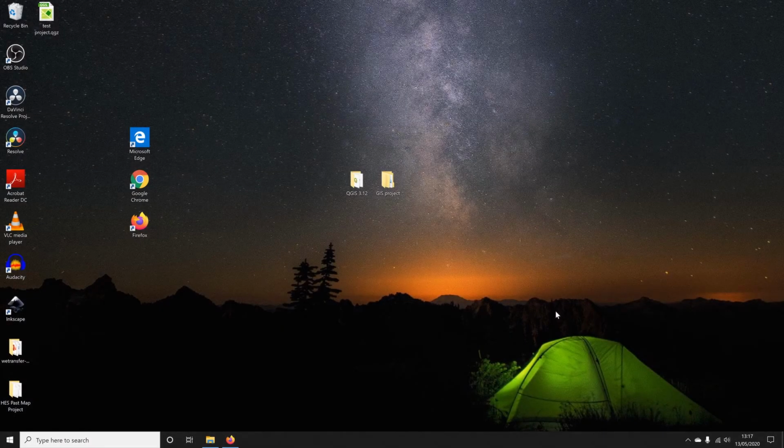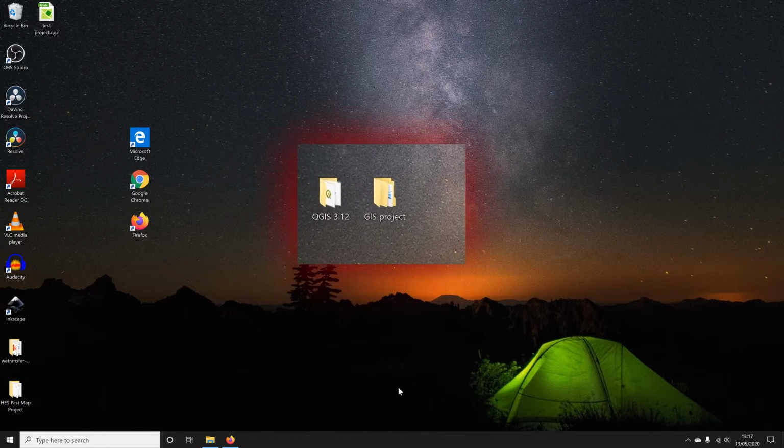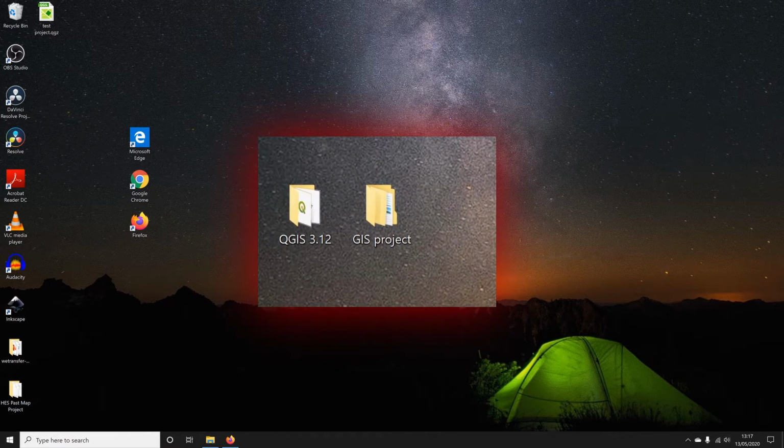Welcome to this tutorial on importing data into QGIS. First, create a project folder to store all your files. Good file management will save you time in the long run. You can name the folder whatever you want. I have called mine GIS Project, and I have created it on my desktop, but you can put it wherever